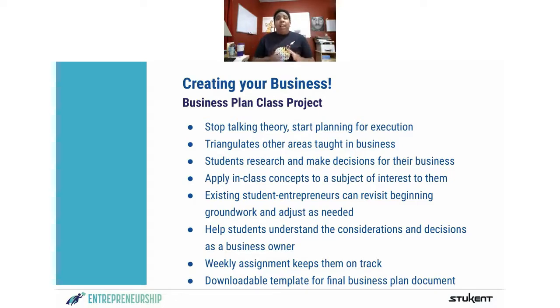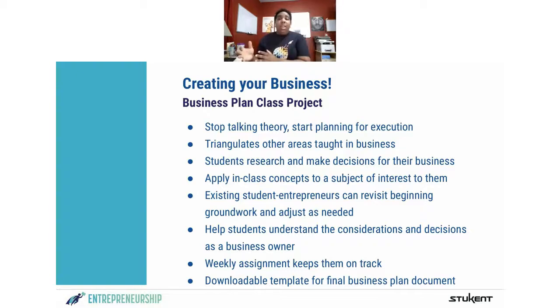Creating your business allows students to incrementally build up their business plan. It asks them questions and helps to triangulate the things that they're learning within the chapter to say, okay, this is everything you've learned. You've helped Jasmine make some decisions that are similar. You have done some brainstorming in your journal prompts and responses. Now it's time to let's make some actual decisions for your business. So you're not thinking, you're not researching high level, trying to decide and weigh the options. You're actually making decisions, and that will help them towards the end of the semester because they already have everything compiled. They already have everything.